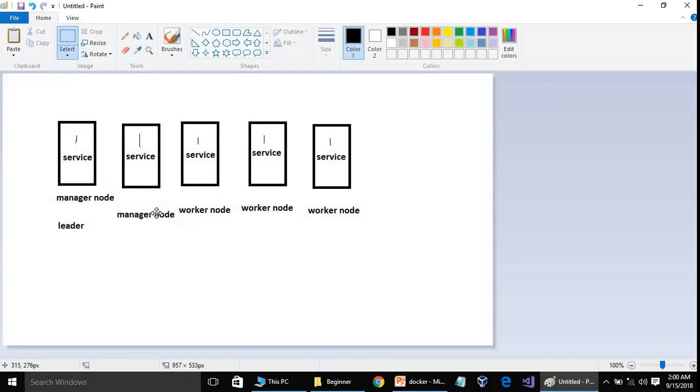So we have 2 manager nodes and 3 worker nodes. We want 5 replicas of a service. So the manager node has distributed one application on each machine. Now what's happened? Let's assume